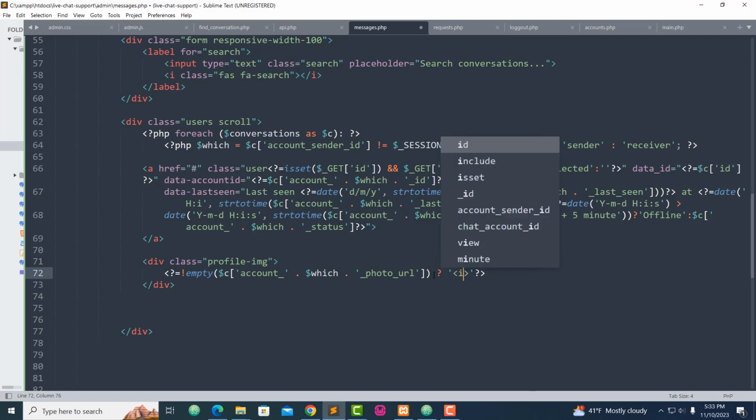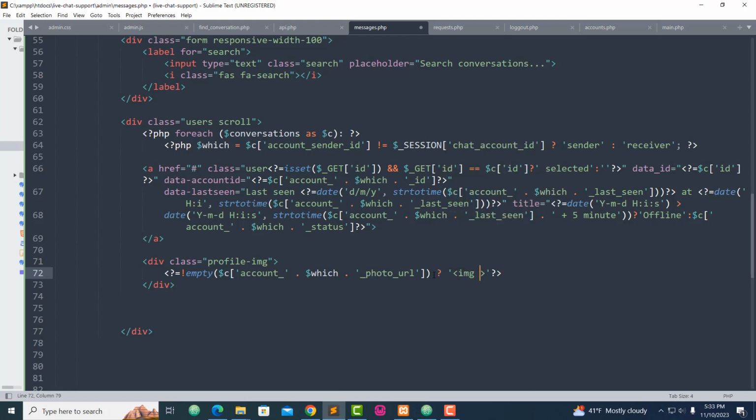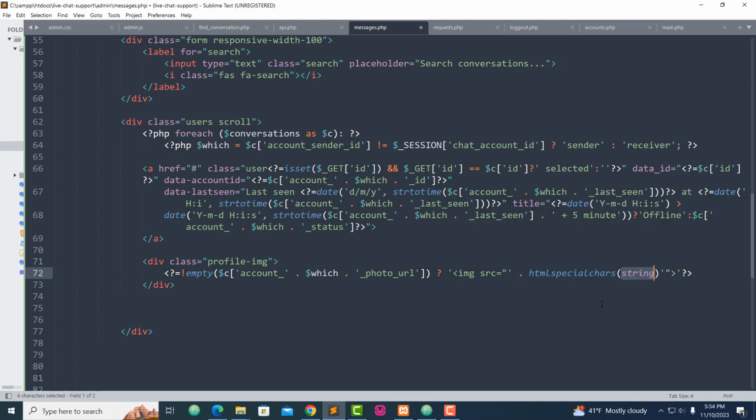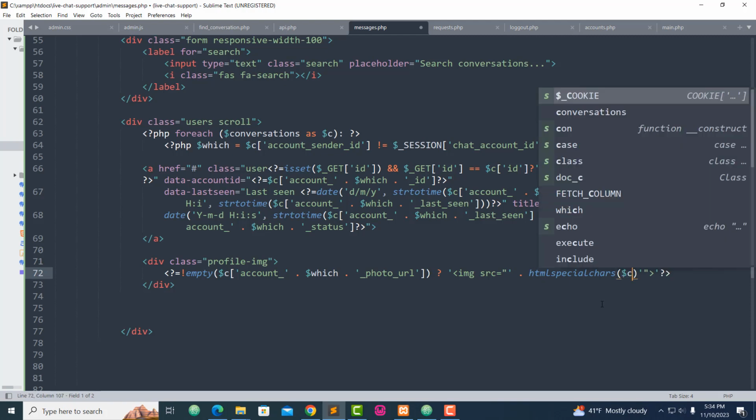Image, and the source of the image equal double quote and a single quote inside of the double quote space, and like this we need the HTML space filter like this,